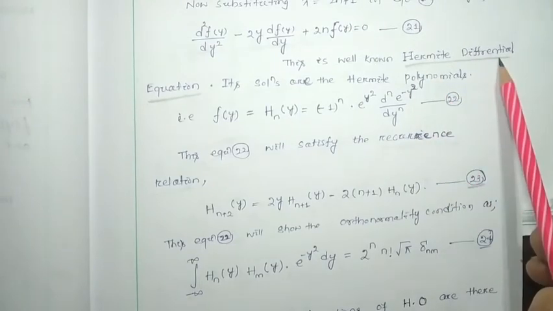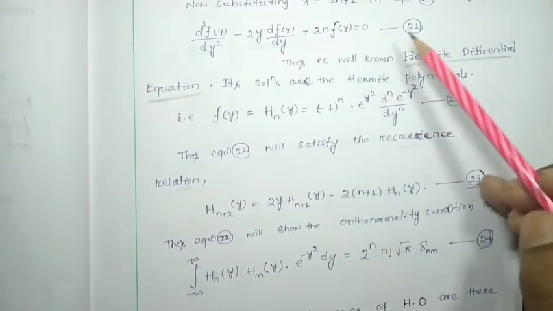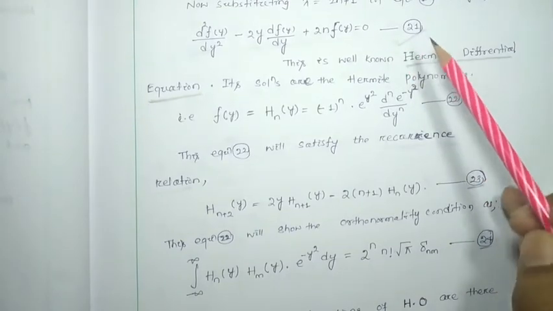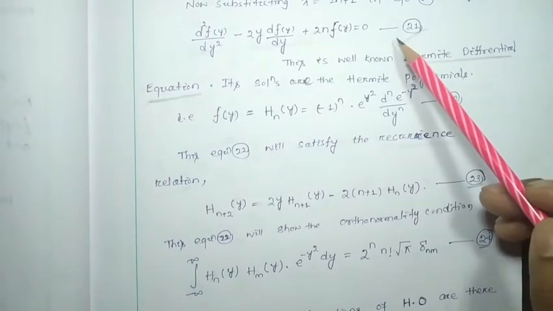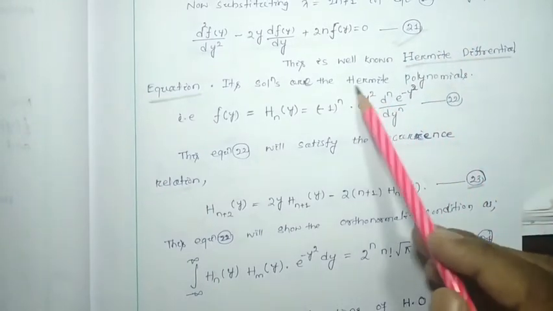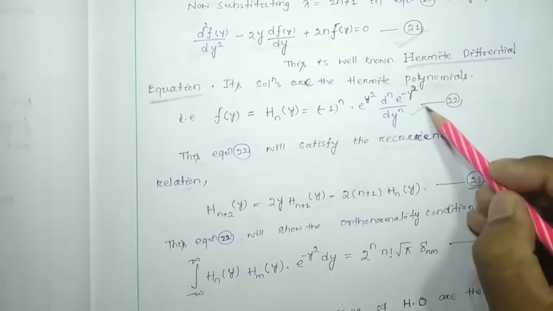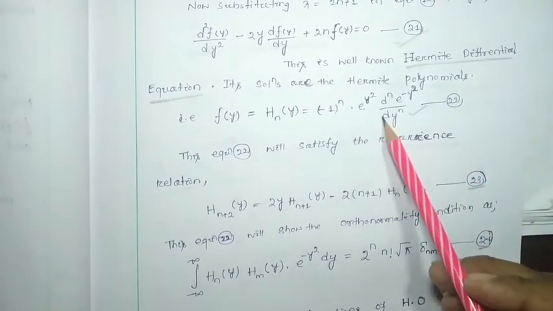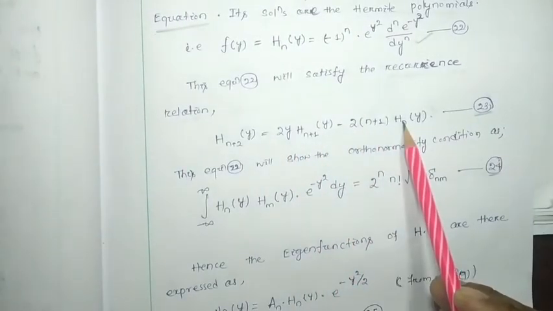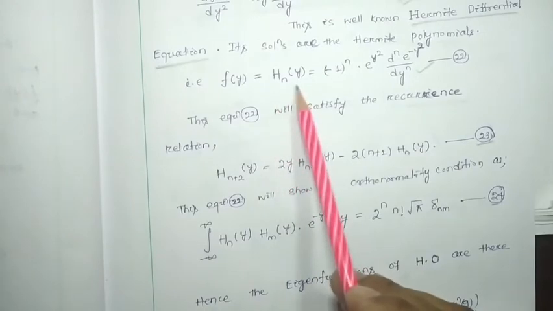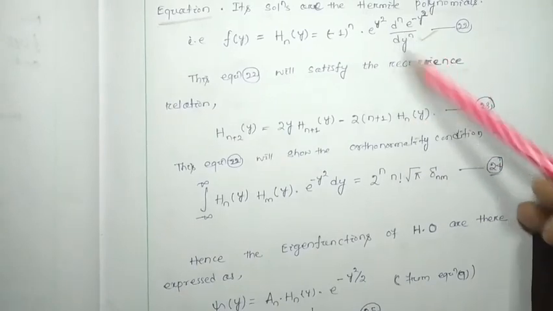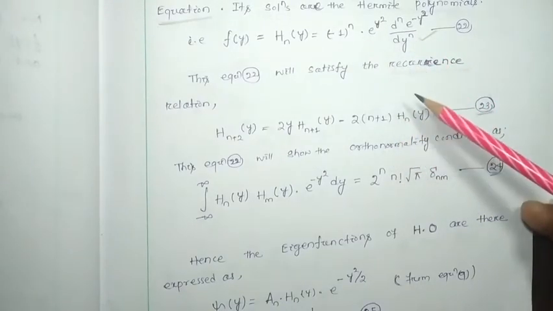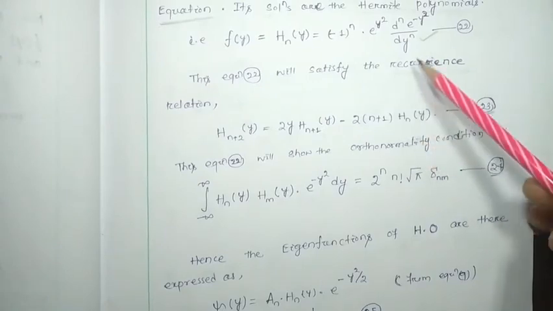As it is a Harmonic differential equation, that is equation number 22, its solution will be in the form of Harmonic polynomial, this will satisfy the recurrence relation, and this solution also satisfies the orthonormality condition. These are the so-called results or properties we found for the Harmonic differential equation, and here I have written them